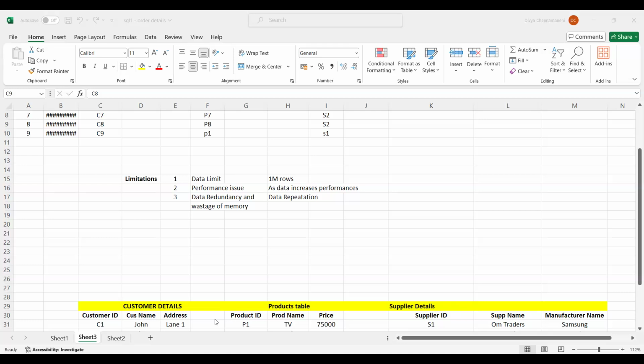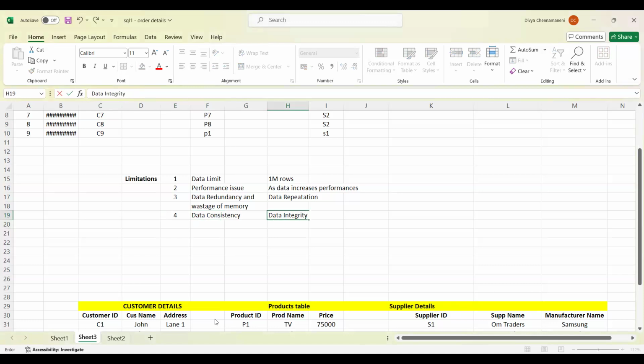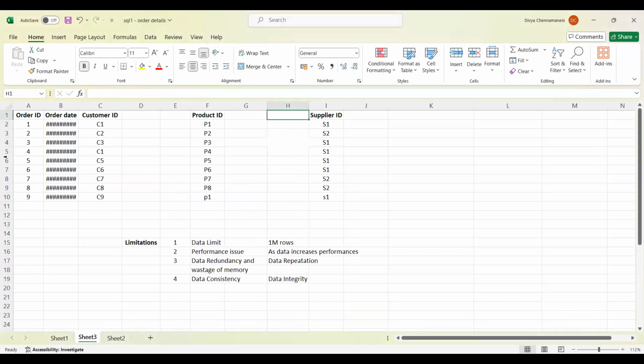And the next biggest issue with Excel is data consistency. Data consistency and data integrity. So what is data consistency and data integrity in the sense? For example, see, if I store the data like this,